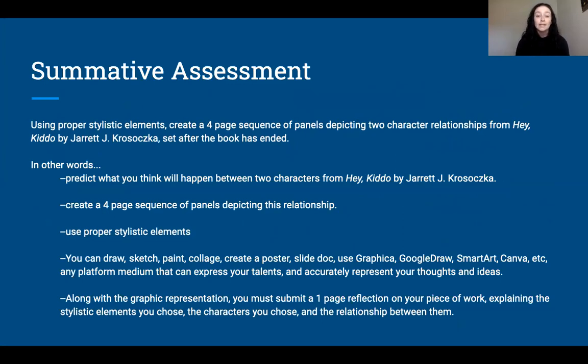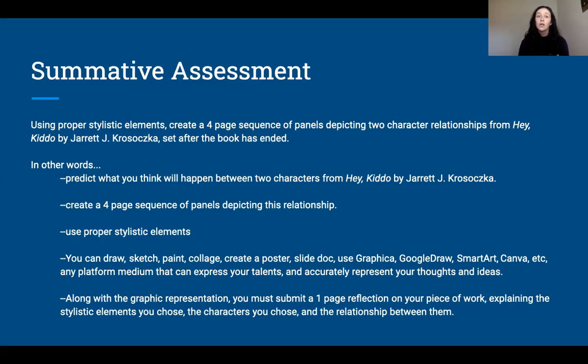So throughout my lessons, I teach the kids the stylistic elements that they need to know to be able to understand the book. So I give them vocab lessons and quick activities to help them understand what is happening in the book that they're reading, the stylistic elements that are at play in the chapters. So I wanted them to be able to apply all of the things that I would have taught them, and all the knowledge and lessons that they learned, and be able to create their own mini graphic novel in a sense. So it's only just a short 4-page sequence of the panels, and I wanted them to depict 2 character